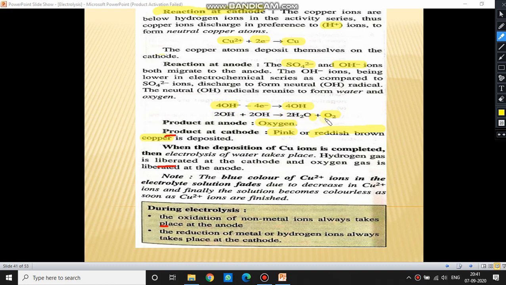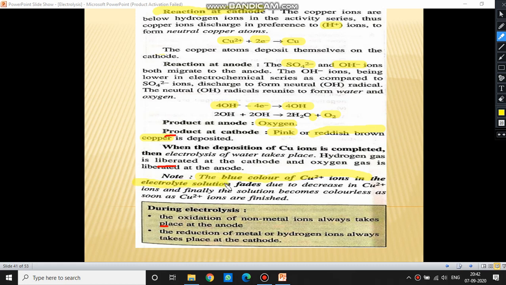So here you must be getting confused about why they have only started with 4OH. Again, I will emphasize this equation is worked out after we get the observation, and we have to explain why we are getting oxygen gas. For evolving oxygen gas, the balanced equation that will satisfy the condition is 4OH. So what will be the product at anode? Oxygen gas.